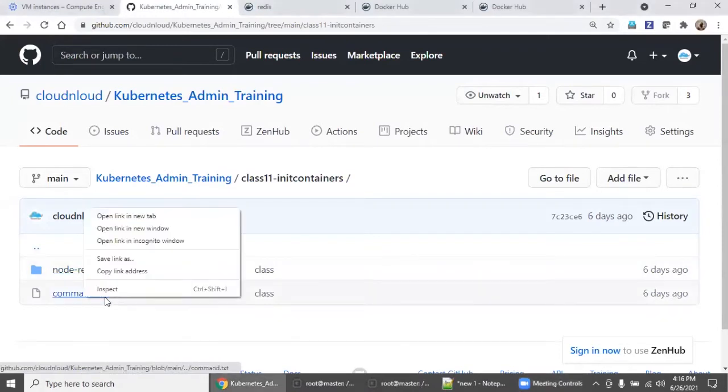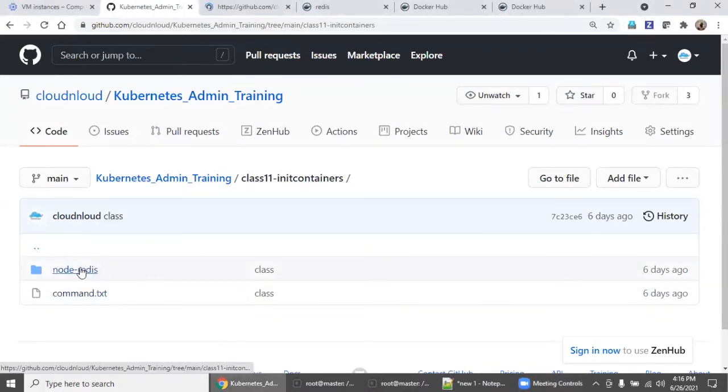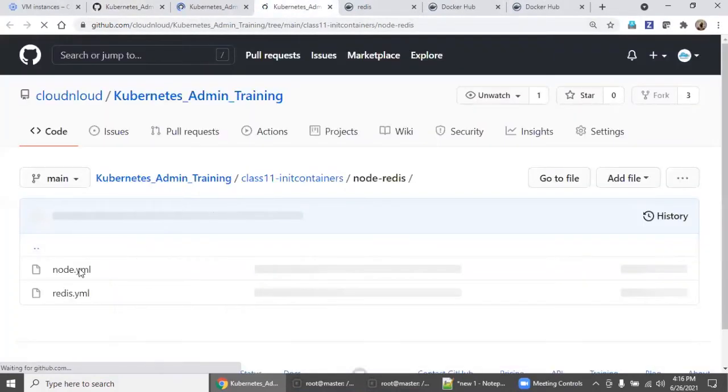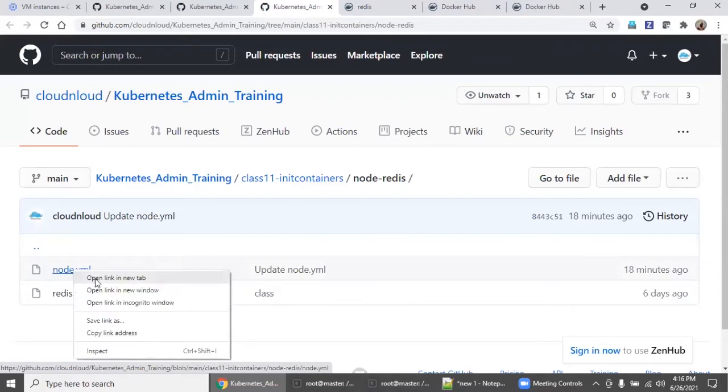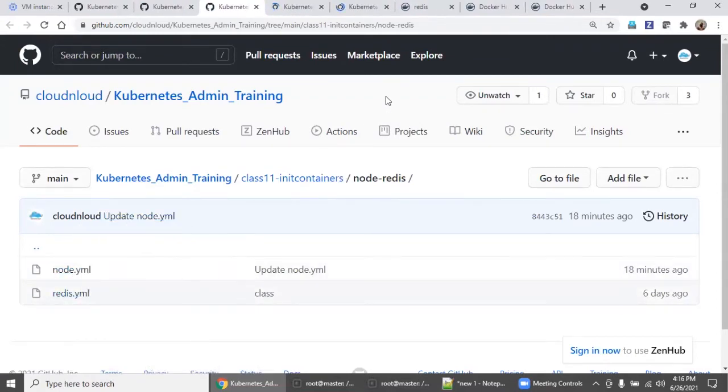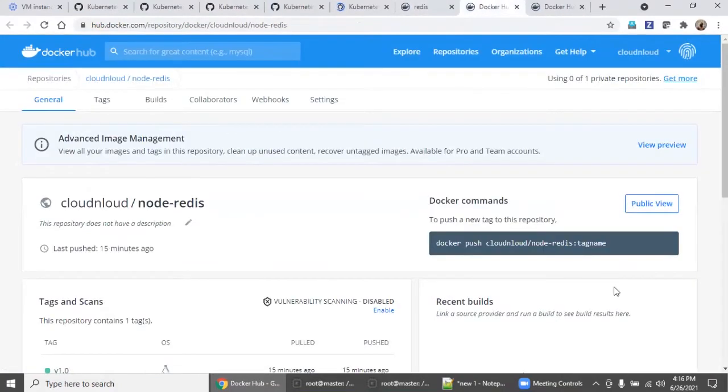Let us open the text file and open this folder. In this folder, there are two YAML files: node.yaml and redis.yaml. Also, in hub.docker.com, there is a repository called Cloud and Loud.